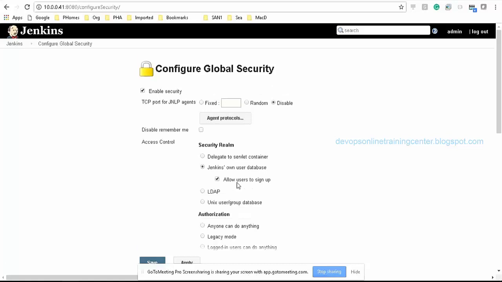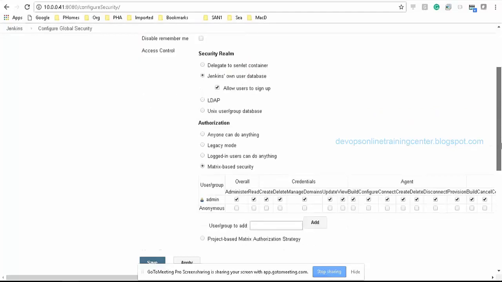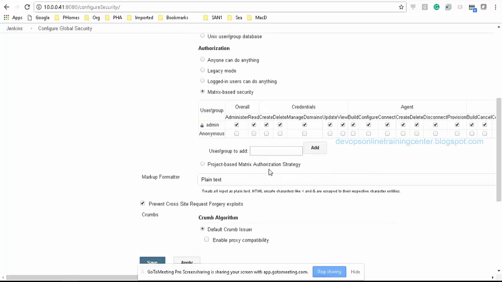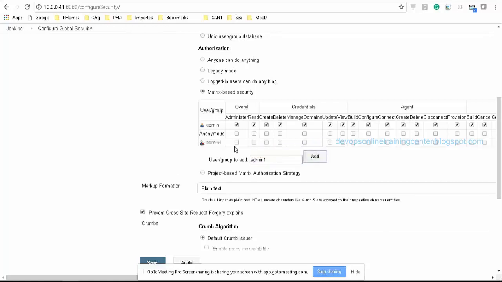It is the option to allow users to sign up. Okay, allow users to sign up. Yeah, if you click on it, it will ask to sign up. Or if you know that you are going to add a user, then you can give permissions to this guy. Something like, let us say admin1. I'm going to add admin1.